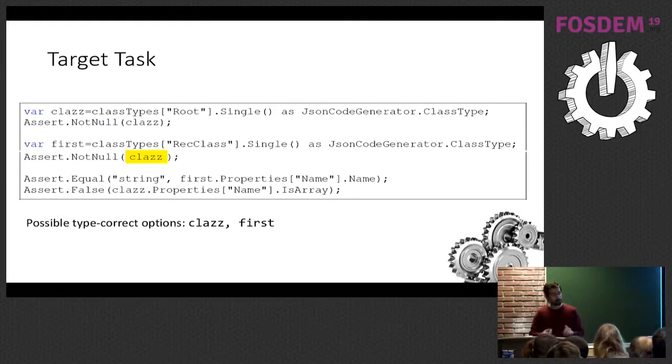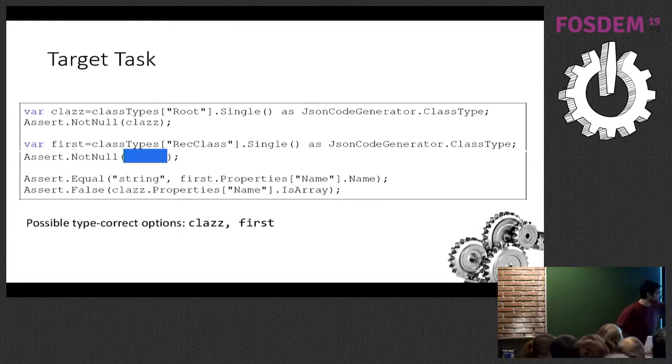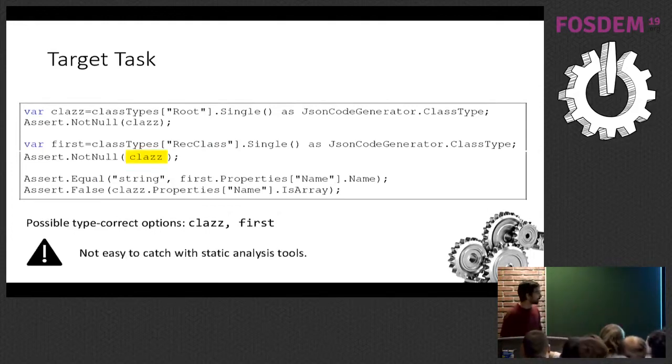So can we use machine learning to improve this? The idea is the following. We start by blanking out this variable, and we're in C# land, you can imagine doing this in other languages too, of course. We're going to say, well, given this location, from all the variables that are in scope at this location and type correct, so the type system would not complain, which one should we place here? In this case, there were only these two options. So our system needs to pick among those two options. And as I said earlier, this is not something that is easy to catch with a static analysis tool.